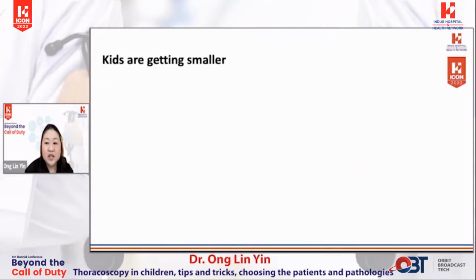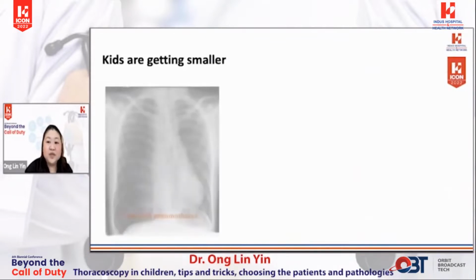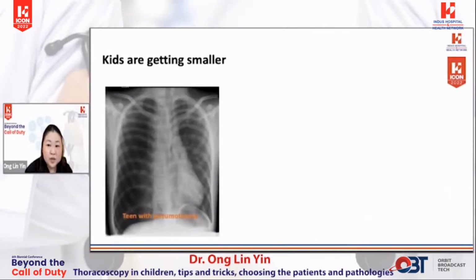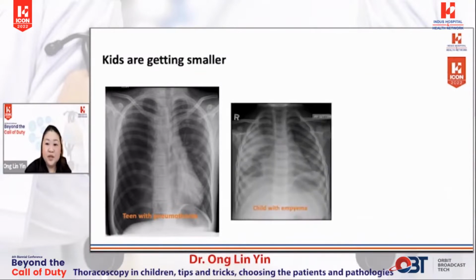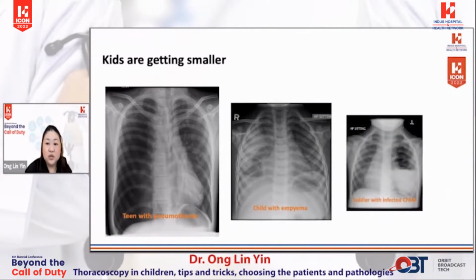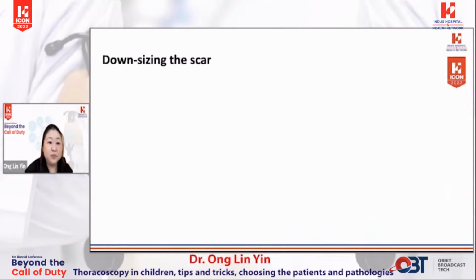Pediatric thoracoscopy is challenging, to say the least, but while this does not apply to some of our more robust patients, for example, this teenager with a pneumothorax, we are now performing thoracoscopic procedures on younger children, such as this 5-year-old with empyema thoracis, and toddlers like this 2-year-old with an infected CPAM. As you can imagine, a toddler's body does not offer a wealth of space, especially within the thoracic cavity. As more surgeons attempt to break the barrier of size, pediatric VATS is becoming more and more challenging. But to put it plainly, size matters.